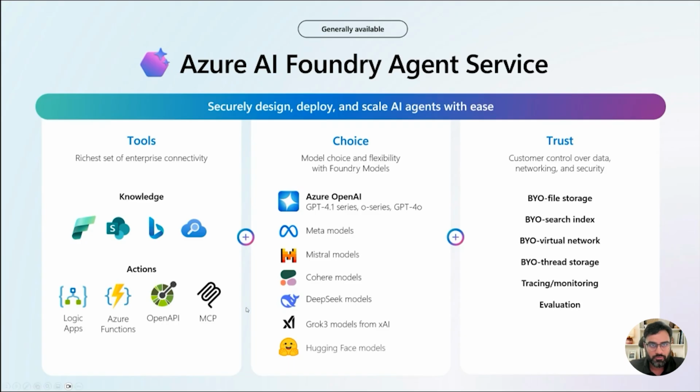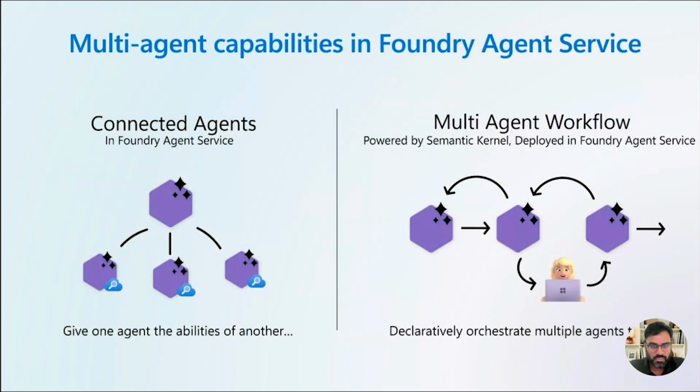So, when you are looking at these agents, obviously now you have these multi-agent capabilities that you can connect in the Azure AI Foundry service, whether it might be multiple agents that you want to talk to each other for better performance, or you can build your own multi-agent workflow, right? Using semantic kernel or anything, or also we're offering SDKs and APIs that you can leverage to build these capabilities.